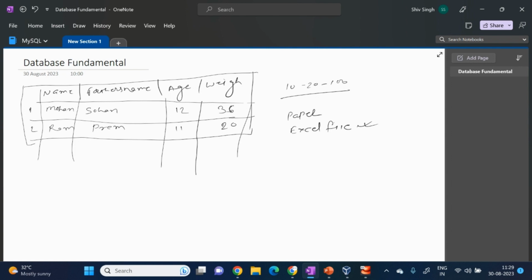There also you can store a lot of data in an excel file. And in earlier days people were doing like that,